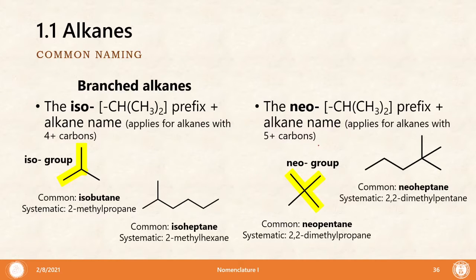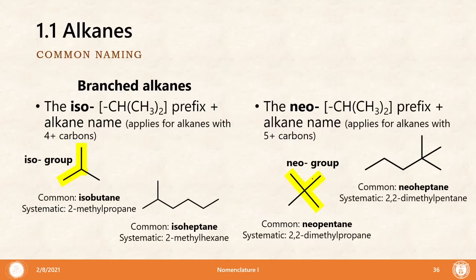Sometimes it can also have the term neo. That neo group has an isobutane group at the end of a carbon chain, so it has a quaternary carbon right in between. This is neopentane, that's the 5-carbon neo compound. As you can see, you'll also notice that in common names there is no parent. The parent names are usually interchanged,